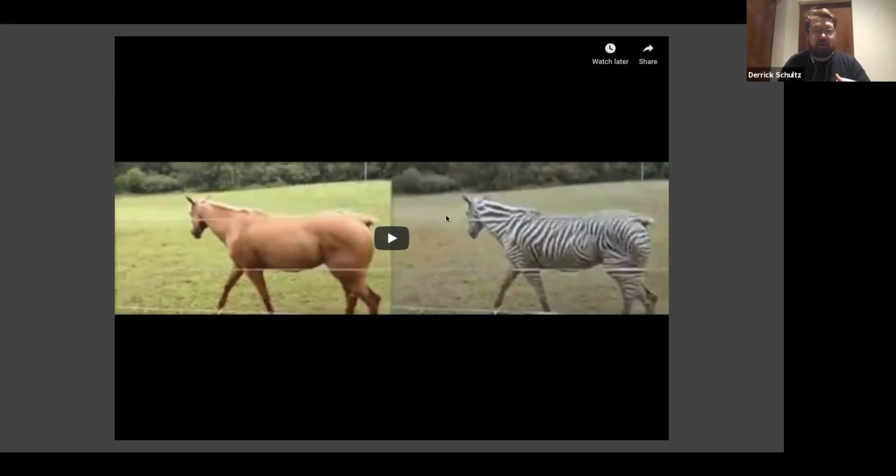So what I think is really interesting here is you'll see that the ground is like a little muddier, a little dustier, and that's because zebras tend to be in areas where there's more desert, right? So the model even learned that it probably needs to change the background to actually make a horse into a zebra. And that's, again, one of the things that we start to learn about machine learning: from our perspective, we might say I want you to learn just how to convert a horse to a zebra. But what it actually learns is other things that are part of the scene.